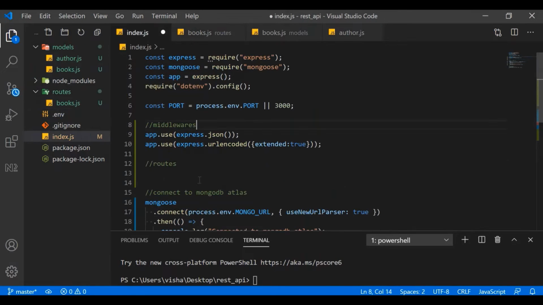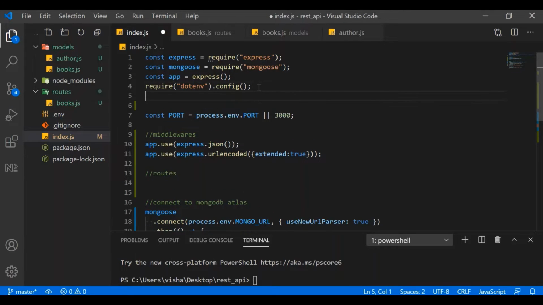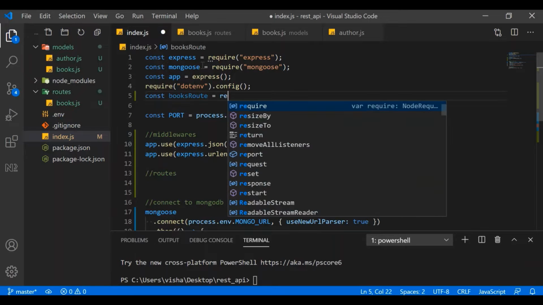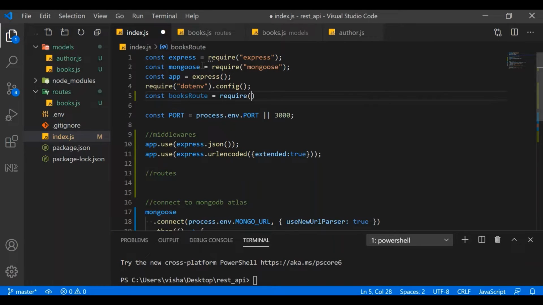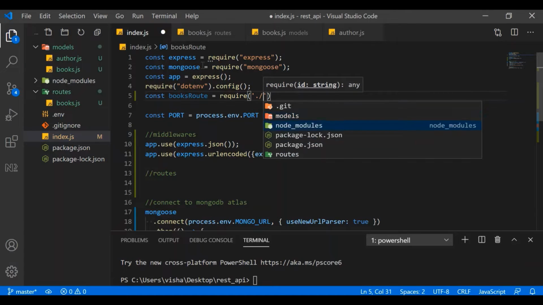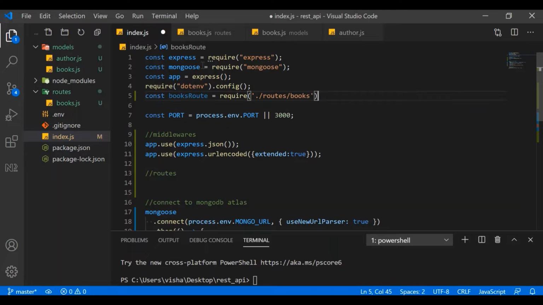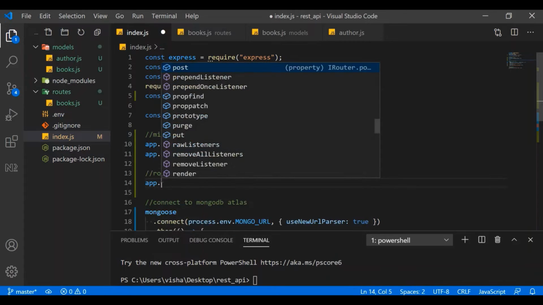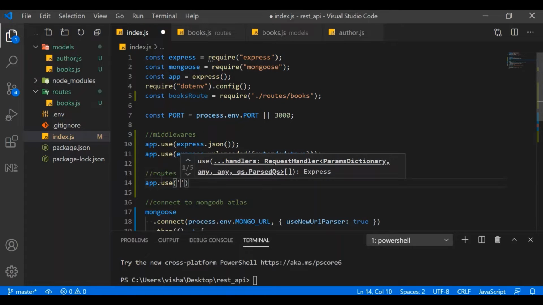Let's go back to our index file. Let's require that route here. Let's say books route, which will be equal to require. Okay, we'll go to routes and books. That'll be fine. To use this route now, what we'll do is we'll write app.use, and we'll write, for example,